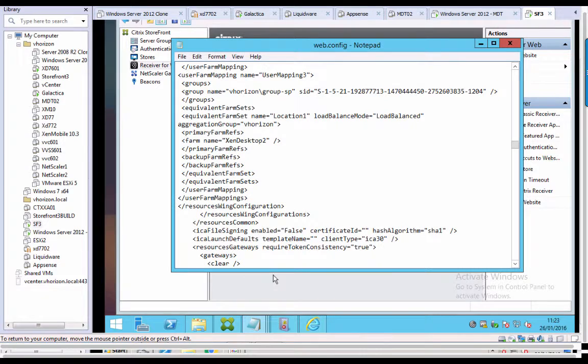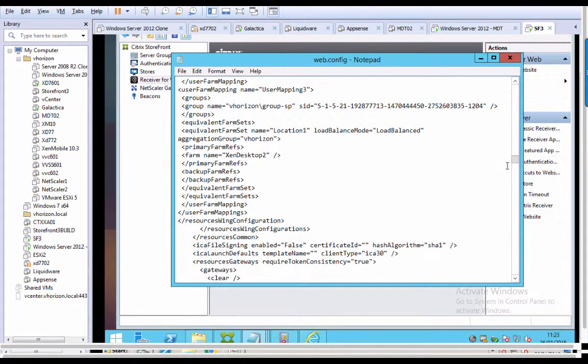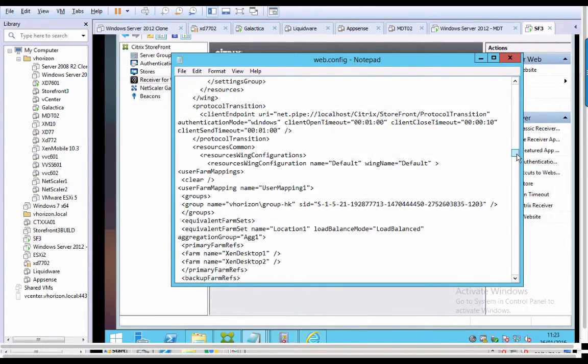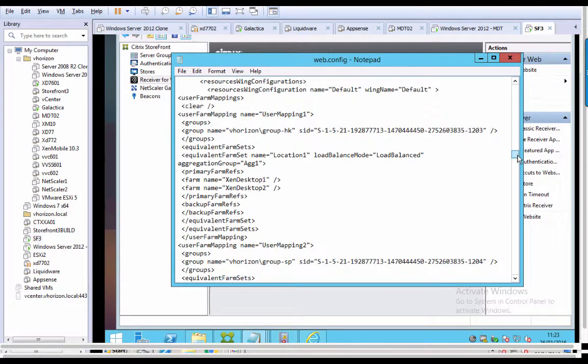Right, so if I switch back to my configuration Notepad document, what I'm going to do is break the configuration for the user file mapping 1, so it's going to relate to the group HK user. All I'm going to do here is put an error in each one of these, a case sensitivity error. I'm just going to change the uppercase D to a lowercase d in both examples. So if we file and save this,